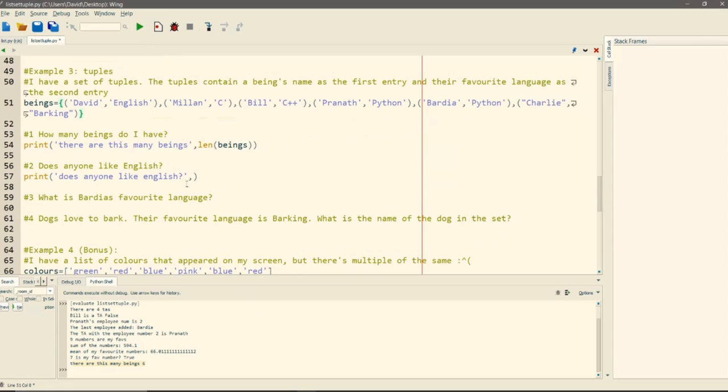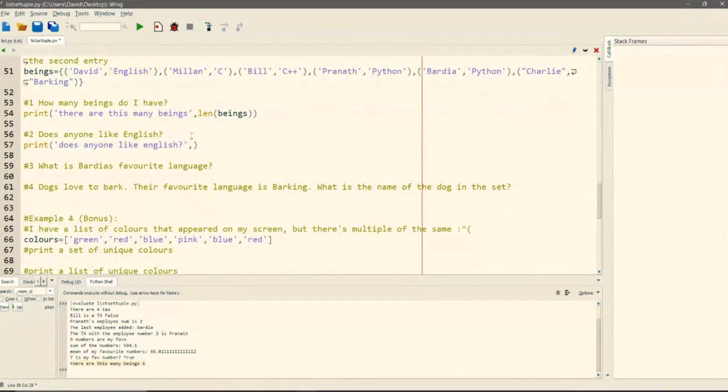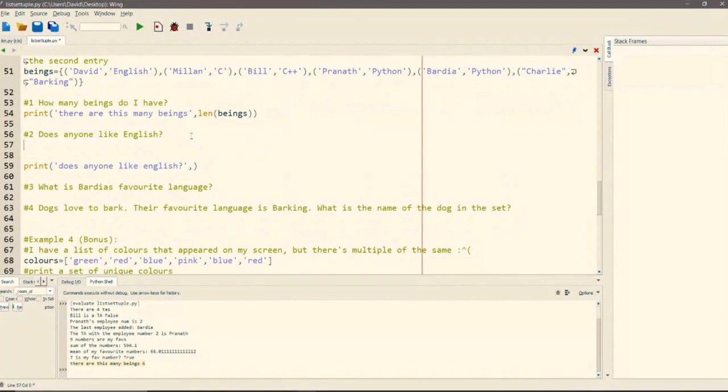So what we have to do is we want to check the second entry of every single tuple, or at least enough tuples, and check, okay, is the name equal to English, or is the language equal to English? Okay, so you may have guessed it. Yes, sir, it's going to be a for loop.